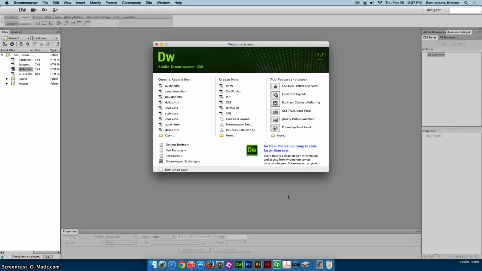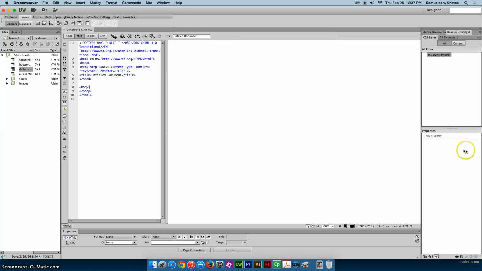So now that we have all of our formatting done, we have all of our content from our client, it's time for us to create the design and the layout that we want to use for this website. So let's go ahead and start by creating new HTML. And we are actually not going to